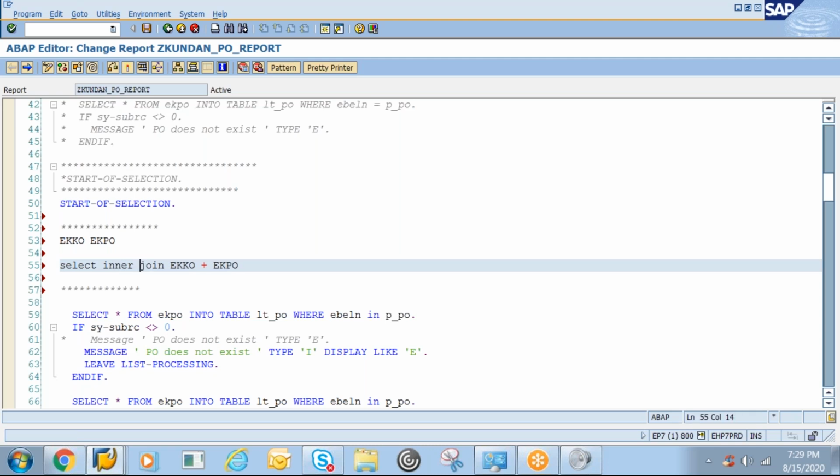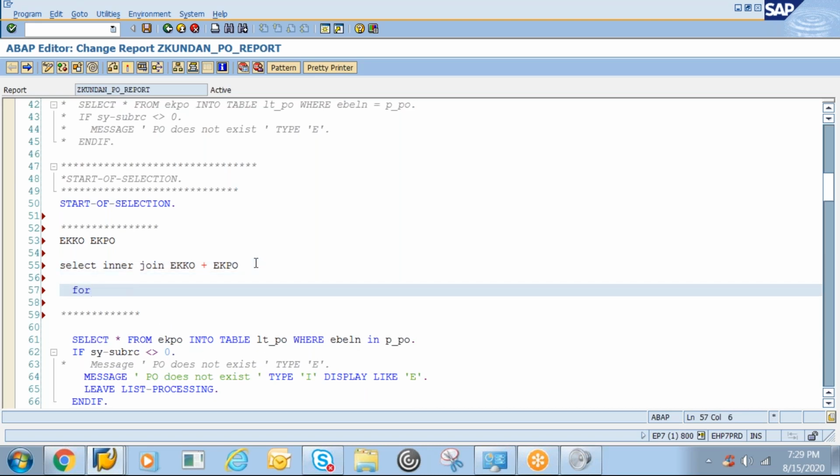I think you must have already seen the same logic in SQL, right? Yeah, same. Exactly, correct. Now this can also be handled in a different way in ABAP. In a different way means you don't always need to use a select inner join here. There is a concept called for all entries. You must have